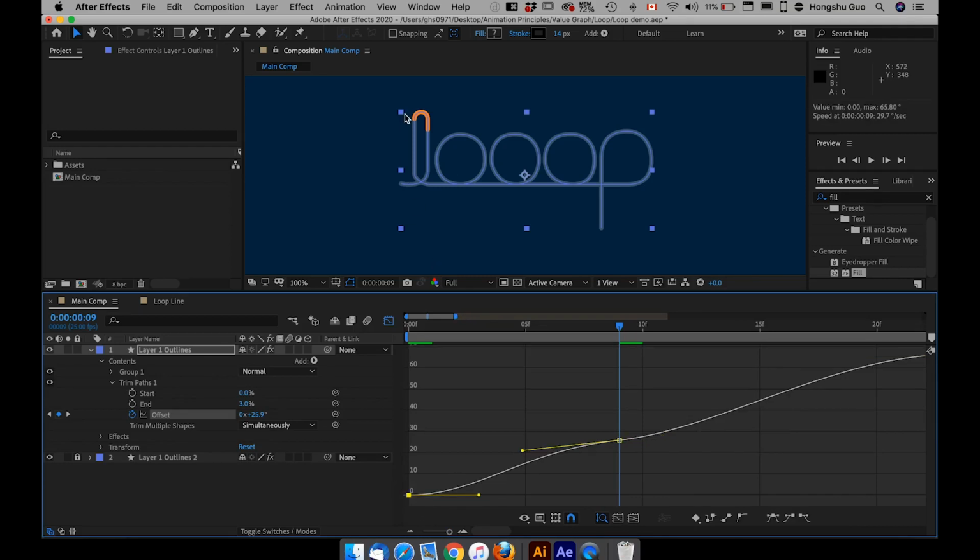However, at the beginning, the line should go faster because otherwise there's not enough velocity for it to go over the hump at the top. So basically at 0 second, I want this to already have a speed. Remember, flatness equals 0, steepness equals speed. So I want this graph here to have a steeper slope here, to have a bigger angle, so it goes faster and then slowing down. And over here,